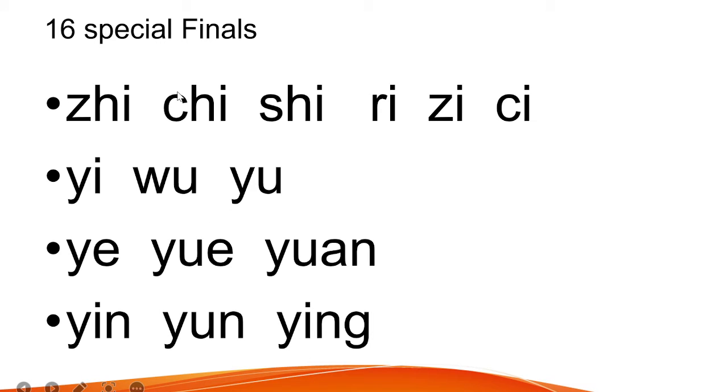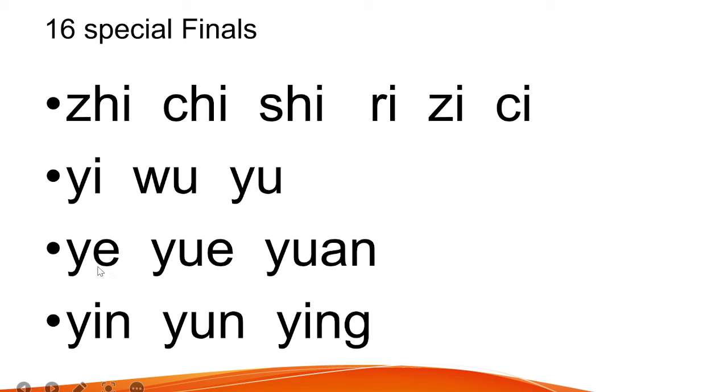And there are 16 special finals: ZHI pronounced as zhi, CHI pronounced as chi, SHI pronounced as shi, RI pronounced as ri, ZI pronounced as zi, CI pronounced as ci, YI pronounced as yi, WU pronounced as wu, YU pronounced as yu,